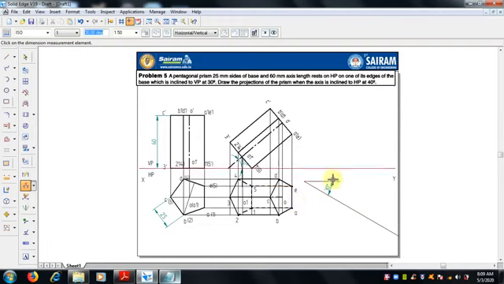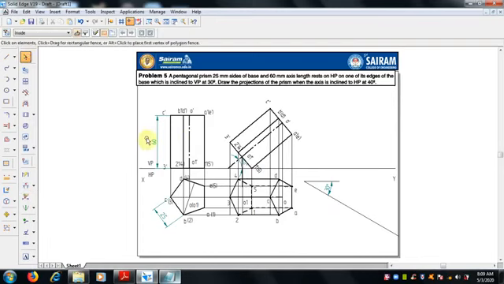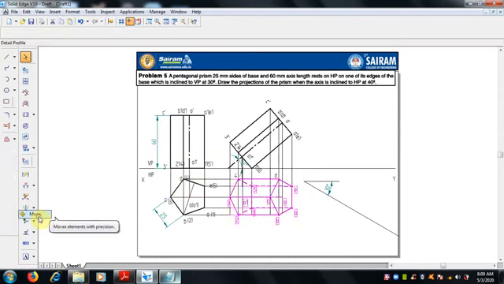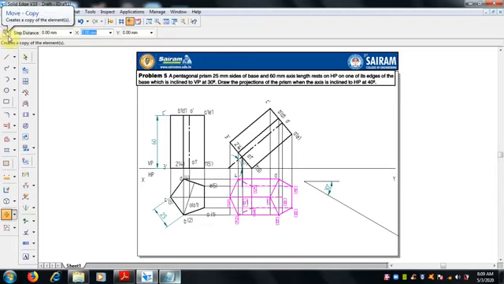Okay, why I have shifted is because this portion should not exceed this, so we have moved it a little bit down. Select the entire thing. Now we can use the move copy command. We have to move not fully, the copy should be moved.